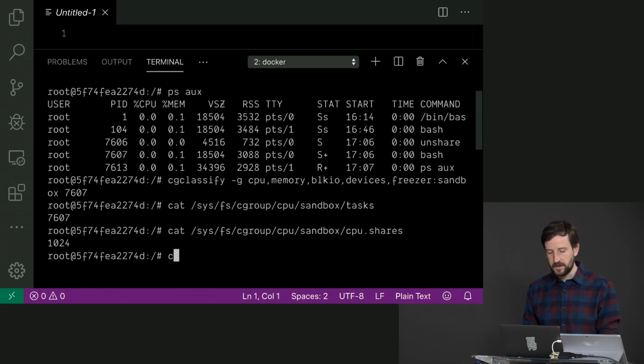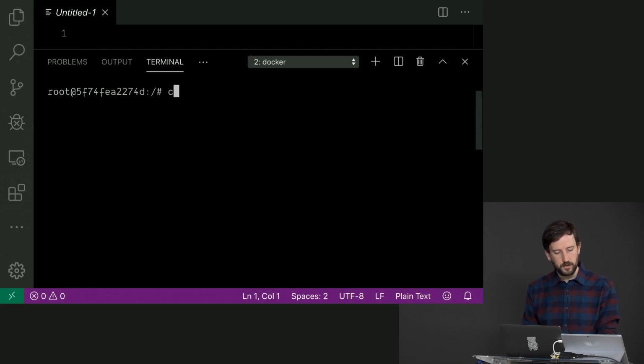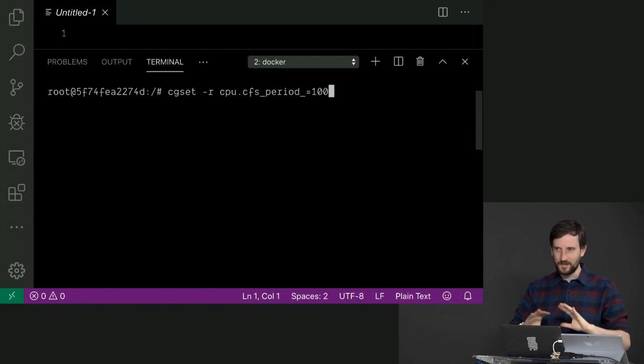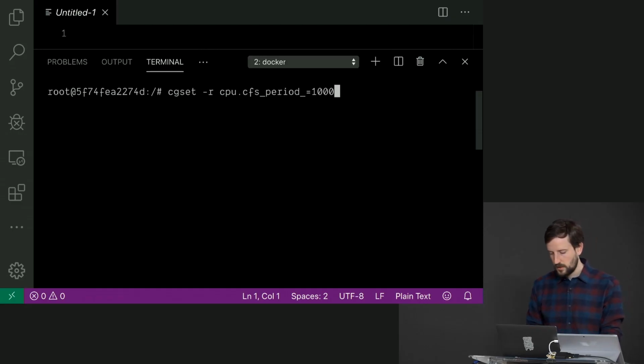Now let's get into actually limiting what's happening, right? So we're going to say cgset -r cpu.cfs_period_us=100000. I would invite you to just copy and paste this. I actually really don't understand all of everything that's going on with these. Like I said, control groups are kind of above my pay grade here. But